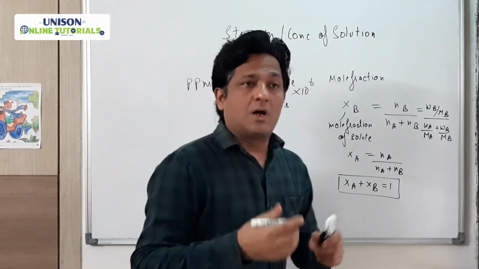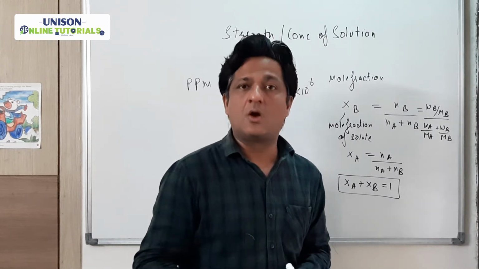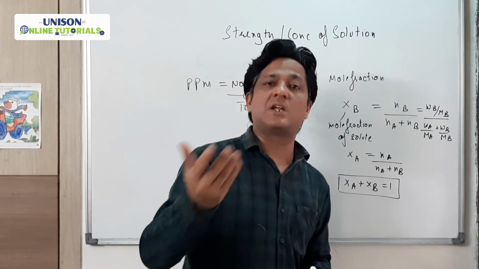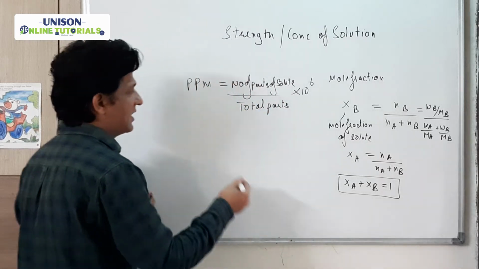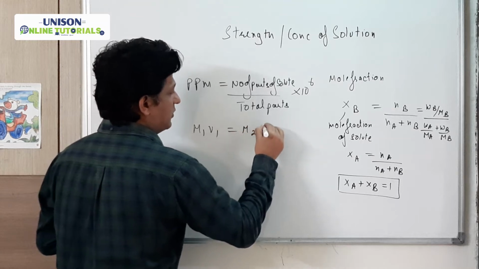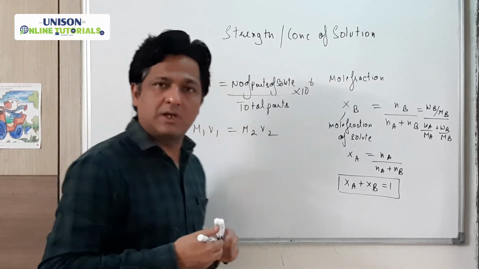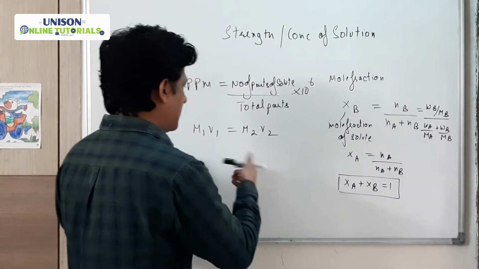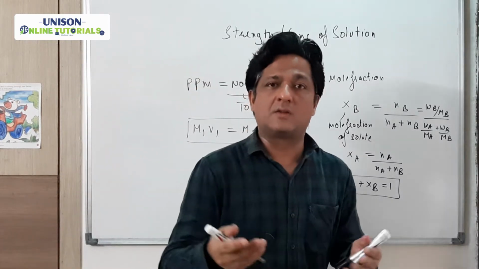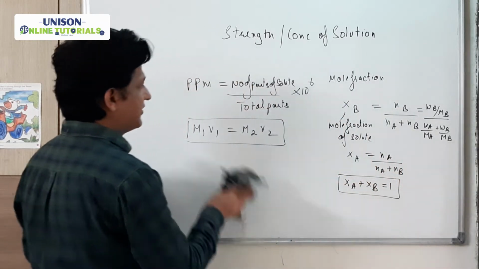Clear? इसके अलावा we are having one more, that is molarity equation on dilution. Dilution करने पे molarity changes, because आपको पता है molarity and volume are inversely proportional. So we are having a dilution equation, that is m1 v1 equals to m2 v2. Clear? If we are adding the volume, the molarity will decrease. So you can find out by this formula. So these were some of the formulas related to the concentration or the strength of solution. So let's now proceed to some of the questions.